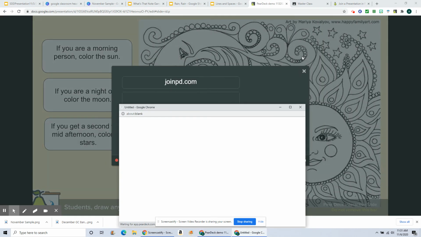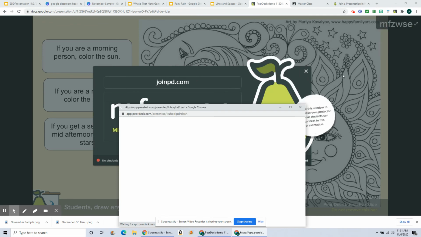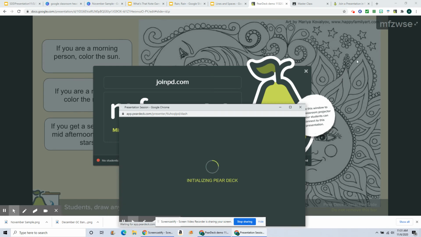And it's going to give me a code to put in so that I can show you what it looks like from the student's perspective as well. This is usually when they're putting in the chat, what's the code? What's the code? And they always give some silly acronym for it as well. So today's code is MFZWSE, and